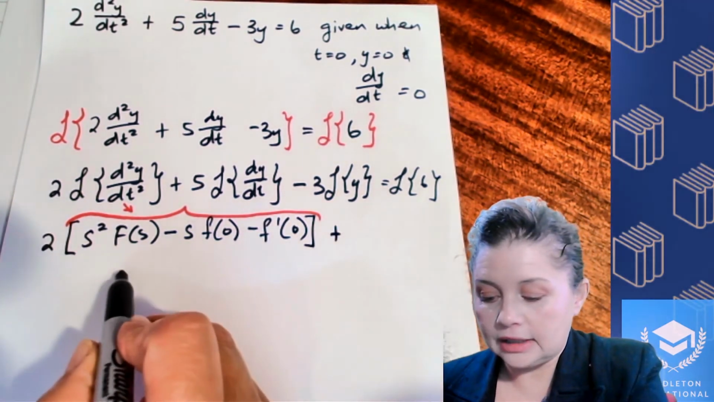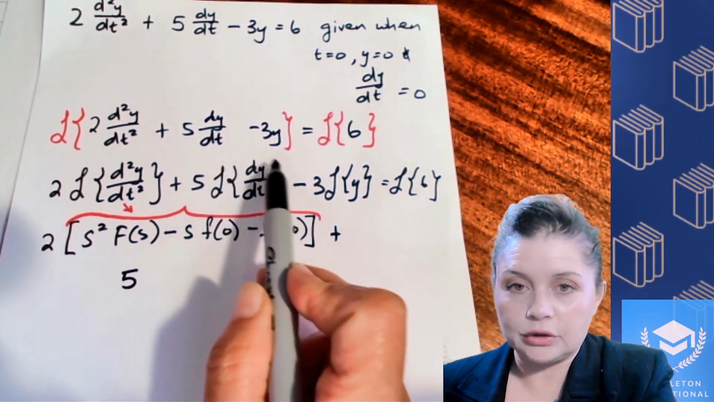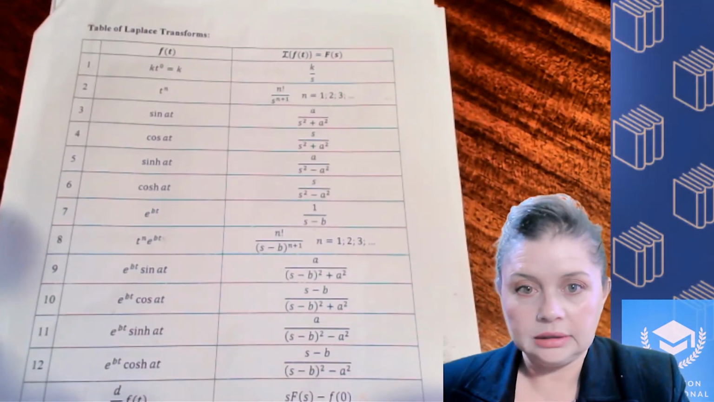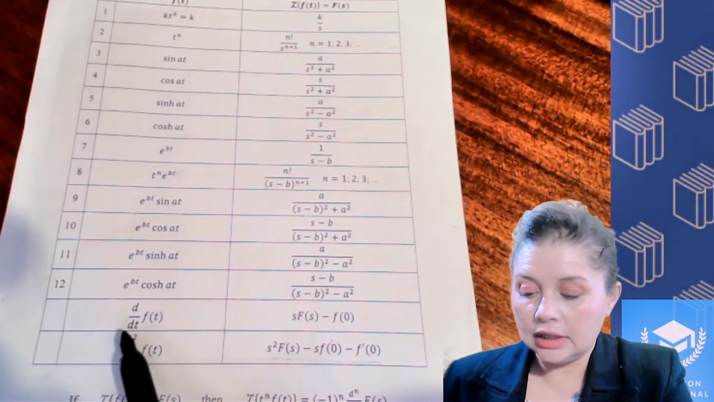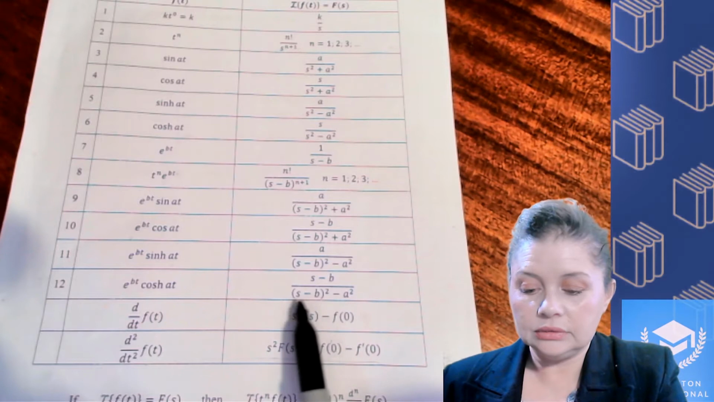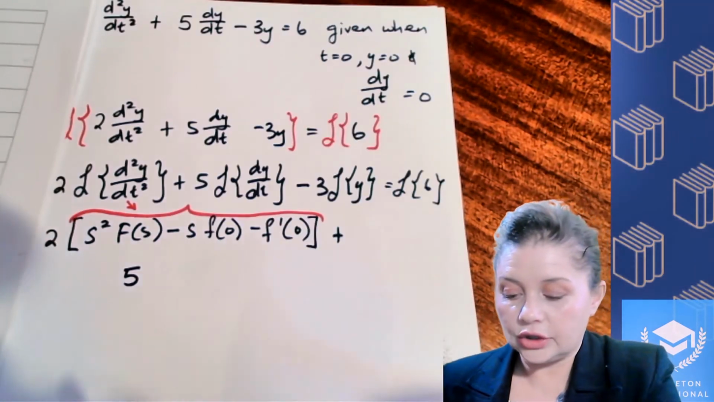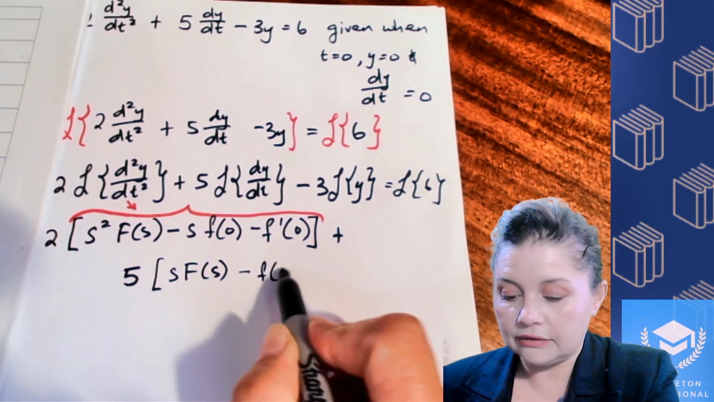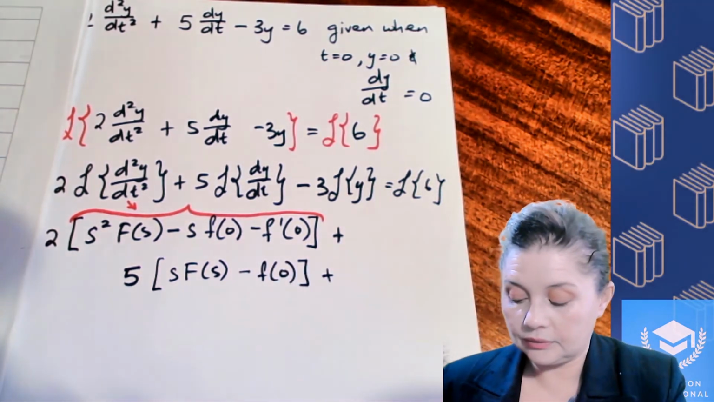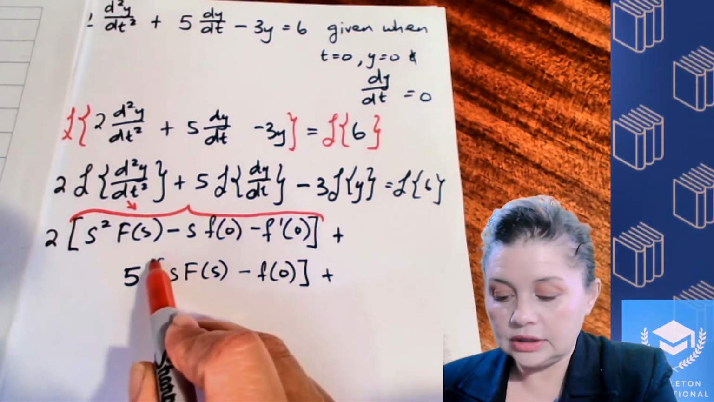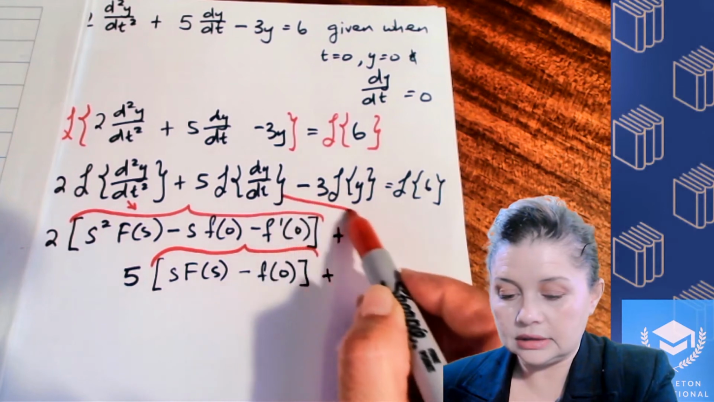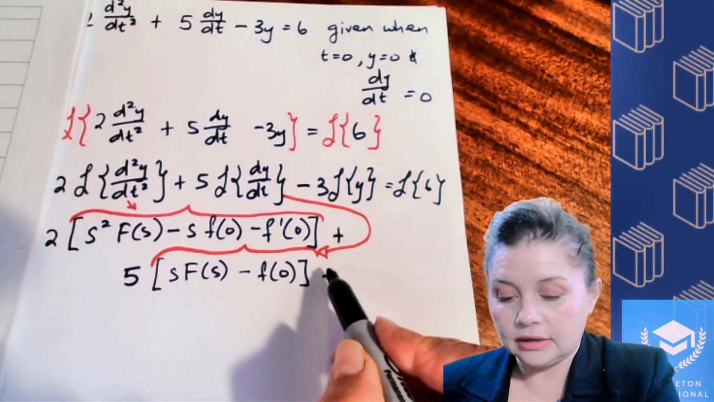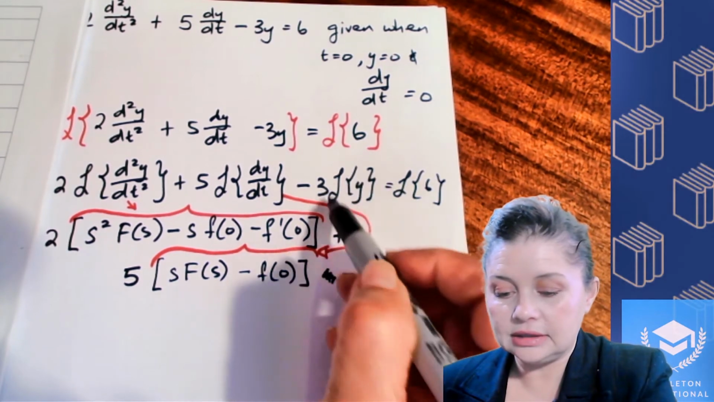And that's going to be plus 5 times the Laplace transform of your first derivative, which again, if you look at your table, is going to be all the way down here. The Laplace transform of the first derivative is going to give you this formula here, right? So it is going to be times s F of s minus f at 0, right? So this here is that one over there, right? And then, oh, that mustn't be plus, that must be minus 3, and this is just the Laplace transform,